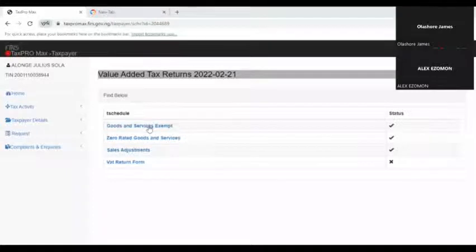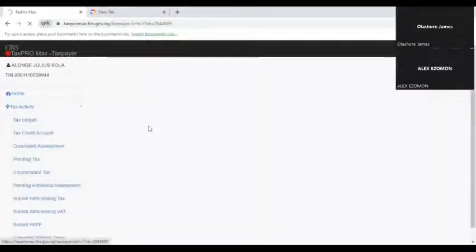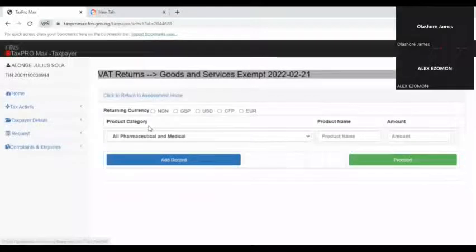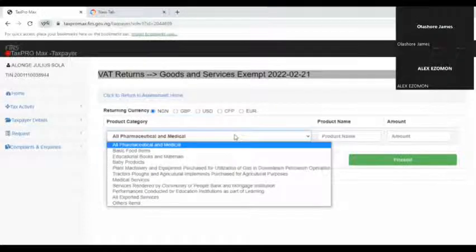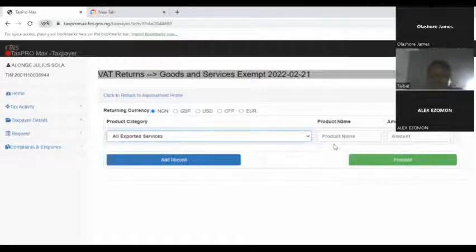I'll click on the goods and services exempted and click on the Naira sign. This aspect is for companies whose goods are exempted from value-added tax, for people involved in pharmaceutical and medical items, basic food items, books and baby products, and all exports. For instance, if you're involved in agricultural exports, agricultural products that are exported out of Nigeria are exempted from